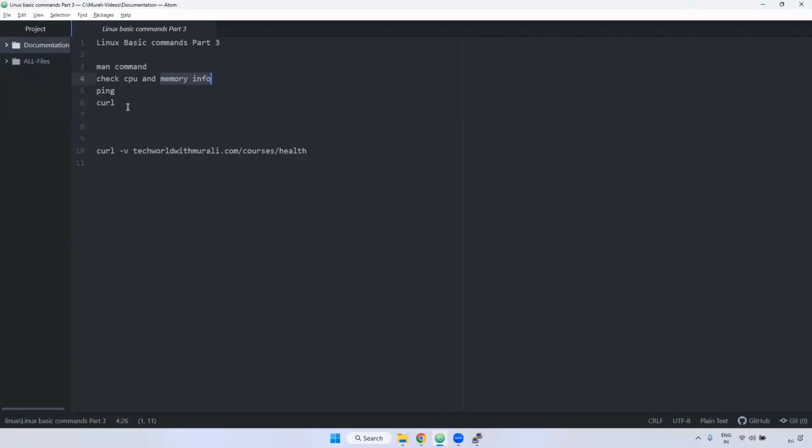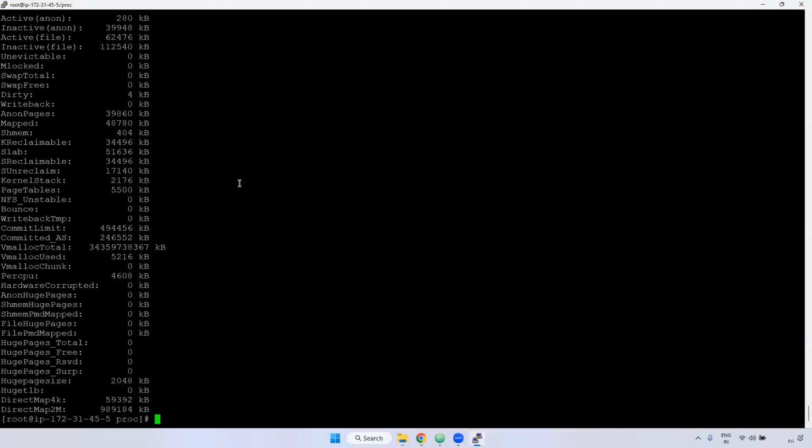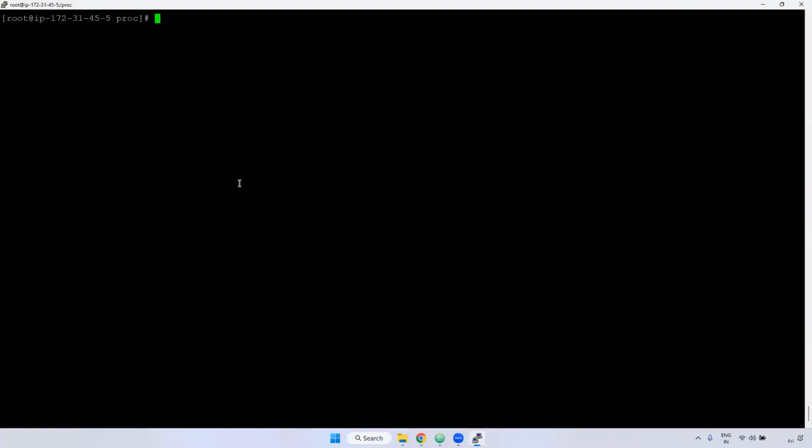Fine. What is the next one? Ping command. The ping command is used to check connectivity. For example, you have two servers. This is one server, and we have another server. Whether connectivity is there or not, how can we verify? Using the ping command. For example, I'm giving a dummy IP address